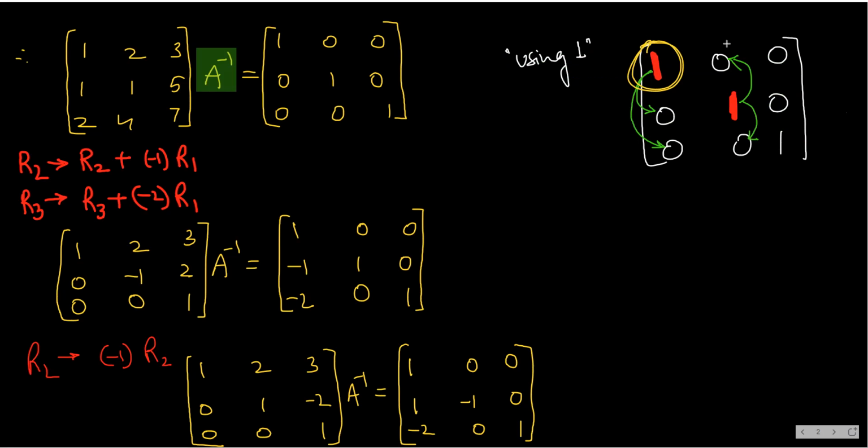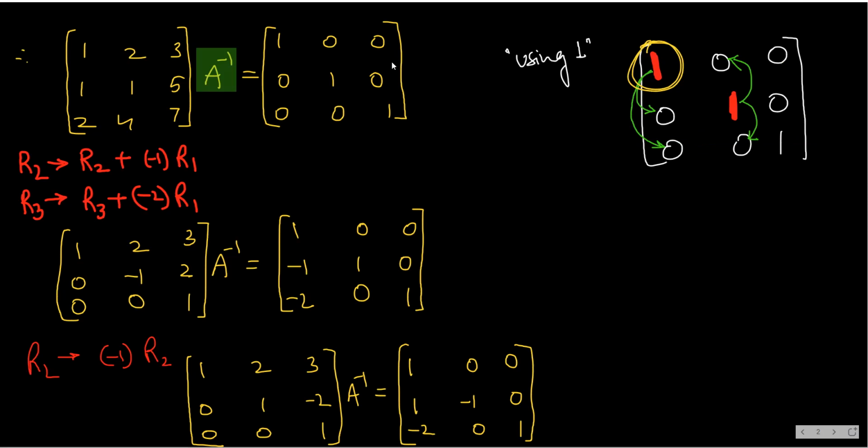If we had column transformation, the columns are like this. A column is like this, vertical. So if you are getting 1 here, using this one you would get 0, 0, 0, 0 down the column. But for row, what we are doing? This is a row. So using this row, 0, 0. You understand? Now we got 1 here. So using this one, get 0, 0, 0, 0 like this.